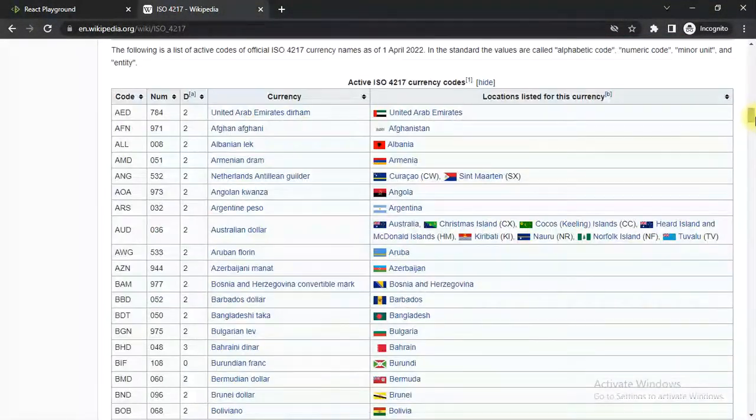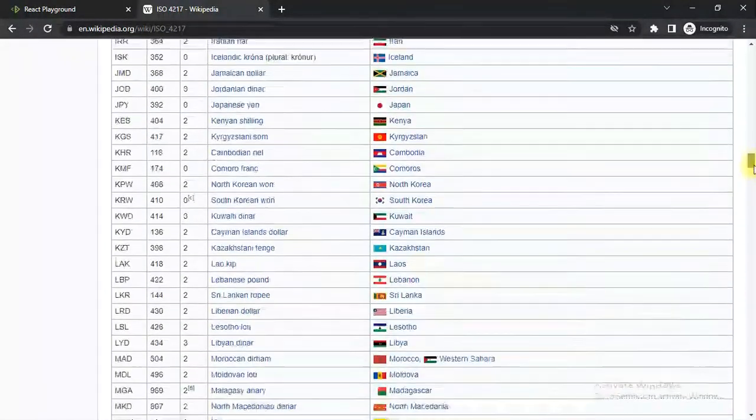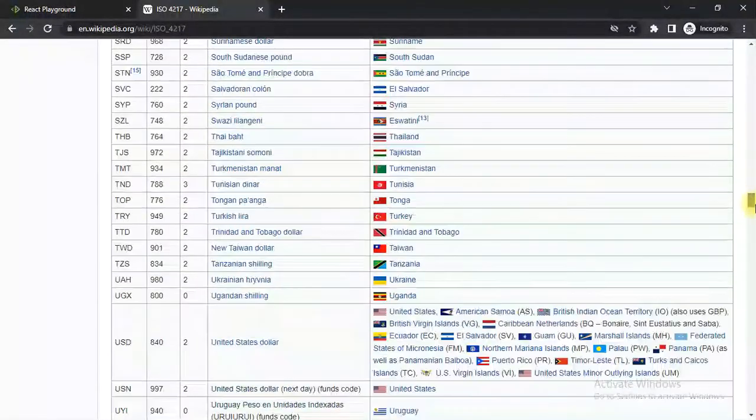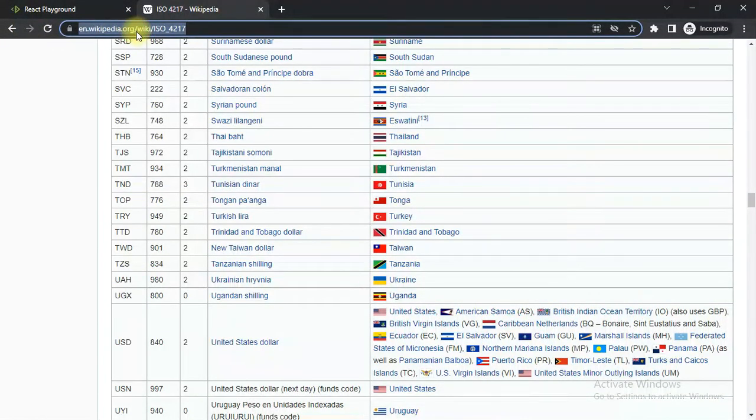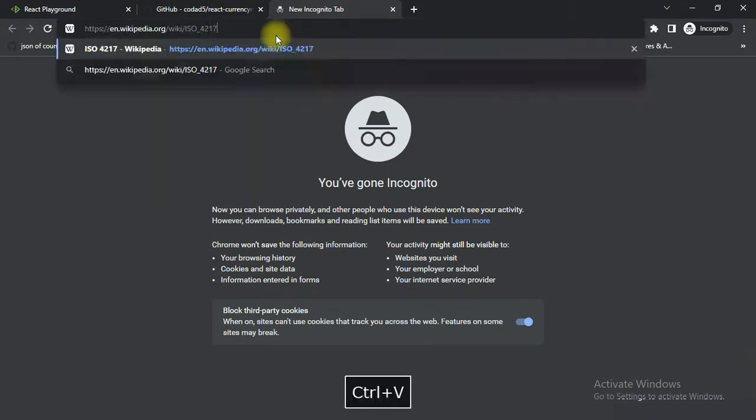These are the list of active codes. You can see for the US dollar down right here, it's going to be USD somewhere right here. You can see it now, and the countries that use the US dollar. So let me just copy this for some reference later on. Go back, open this new tab,